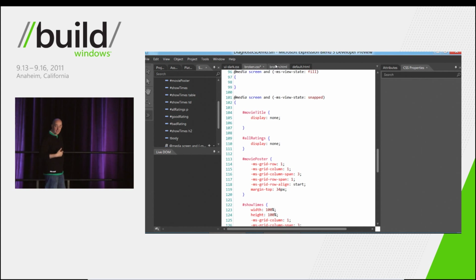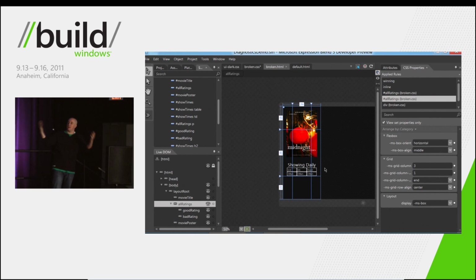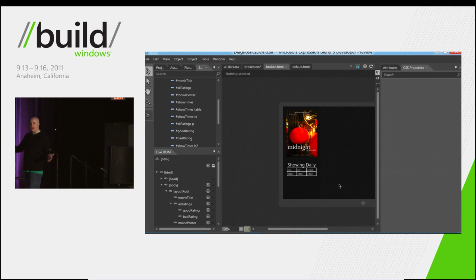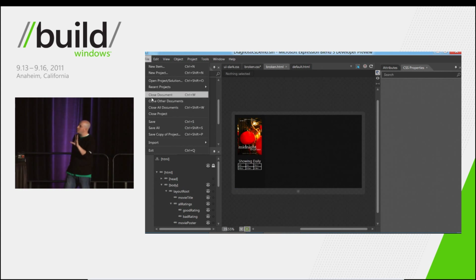Now we go back to the page, and we can see that the page looks exactly like we want. That's great. All right, so now we've fixed a ton of issues. We've done a ton of diagnostics. That's the last diagnostic feature I'm going to show you. But I do want to show you a feature related to